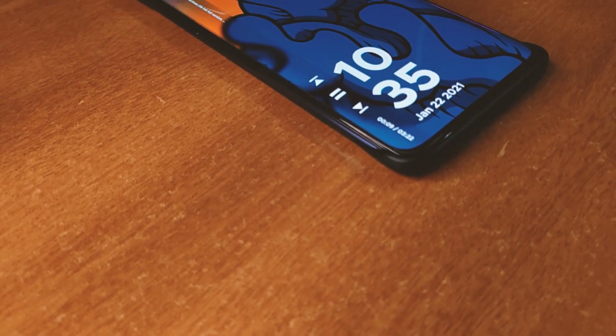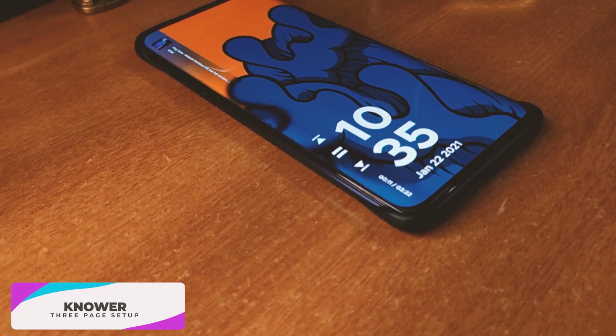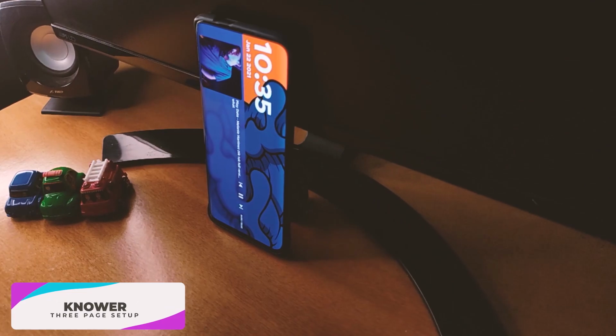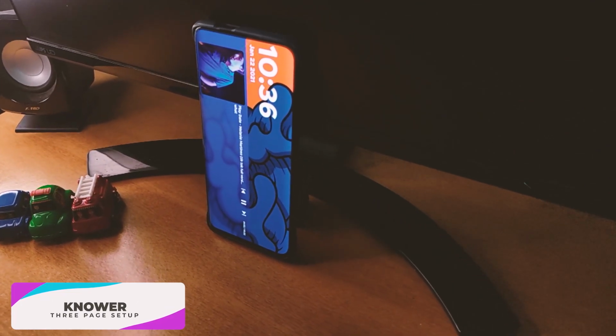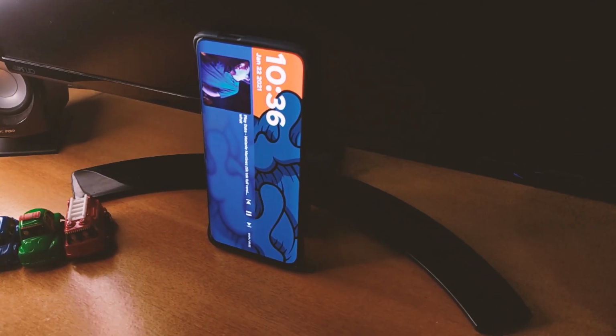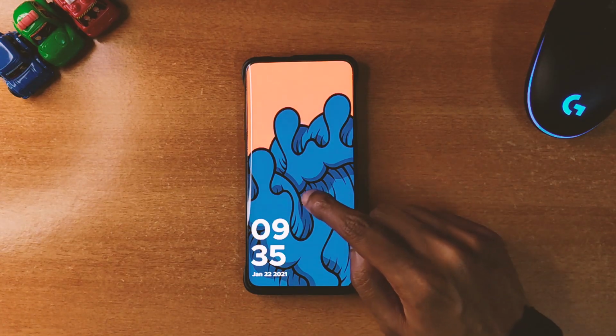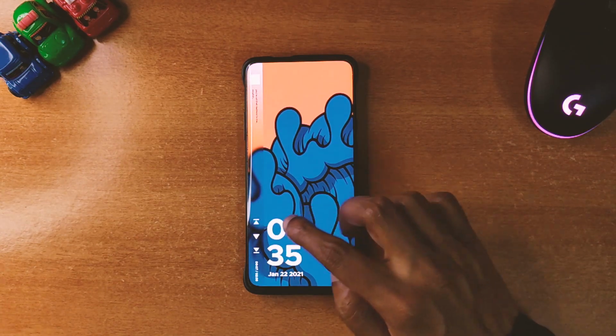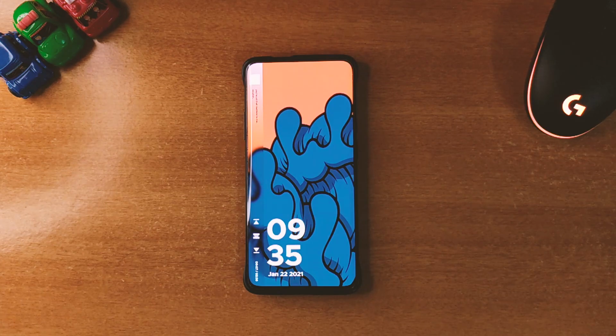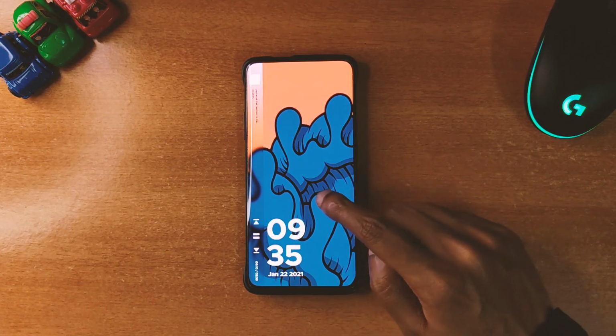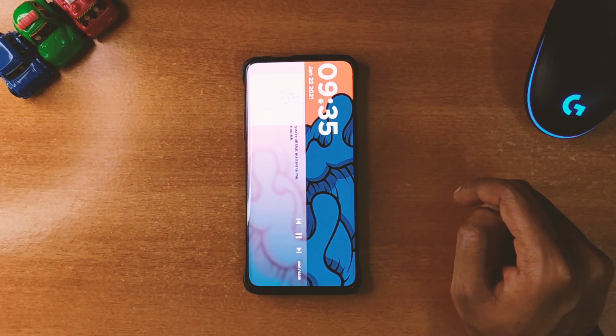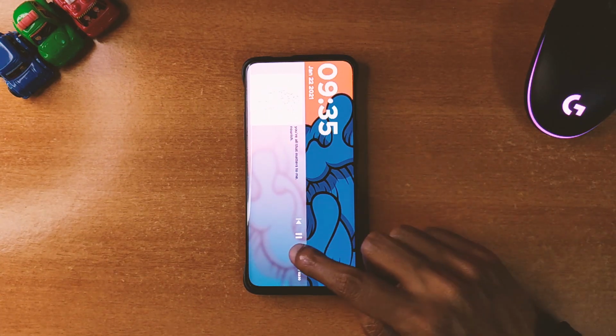The next theme is called Knower and it's a 3 page setup. It's one of the most minimal setup that you can get on your phone. The main page consists only the date and time at the bottom as you can see here. Swiping right opens up the music player partially from where you can play or pause your music.